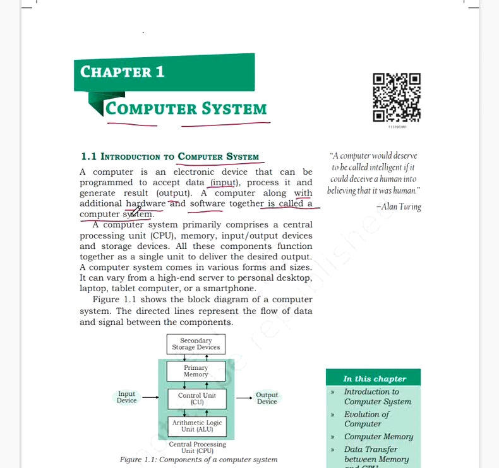So there are some special words used here. Before going to the next topic, we want to elaborate. The very first one is that the computer is an electronic device. What is an electronic device? Basically, we have different types of devices like mechanical, electrical, and electronic, as a computer is. So what is the difference?